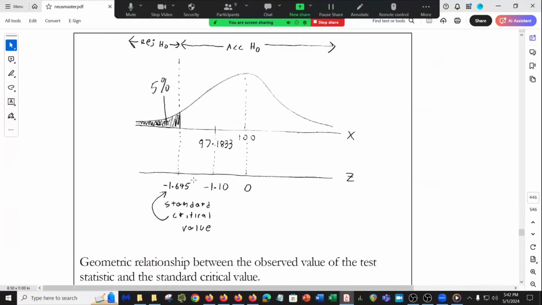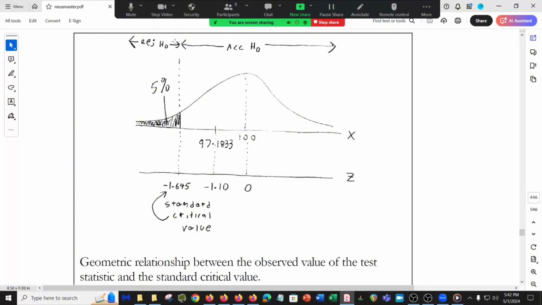If you draw a little diagram like this in a class where your professor wants you to show all your work and really wants to see what you're doing to give partial credit and all that, you put your z-score of negative 1.10 over here. You put the critical value that you got from the table over here. And you show that